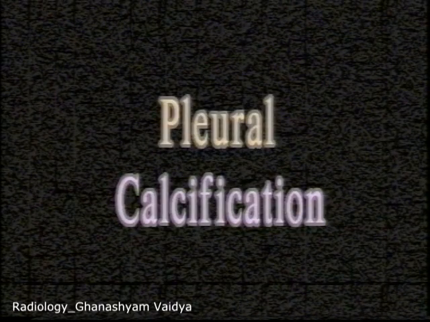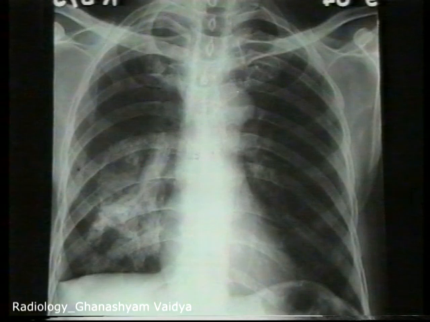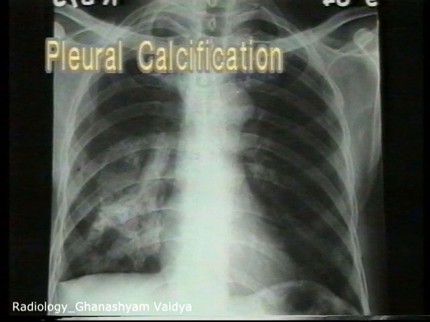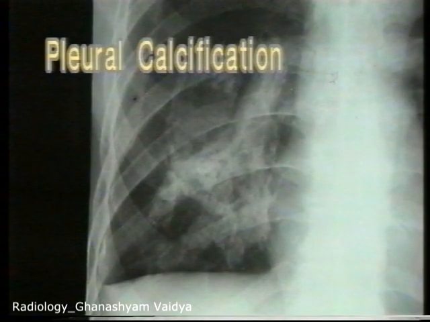An after effect of a pyothorax is pleural thickening and in some cases pleural calcification. Note the irregular dense opacity in the right mid and lower zone. It is denser than the bone and is distributed irregularly. This is a typical shadow of pleural calcification. Note the extremely dense shadow which is sharply defined.